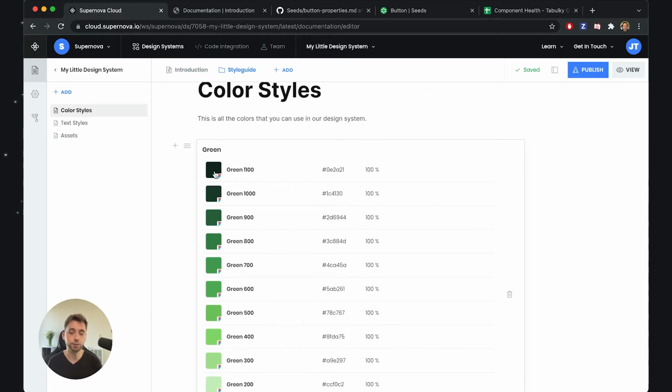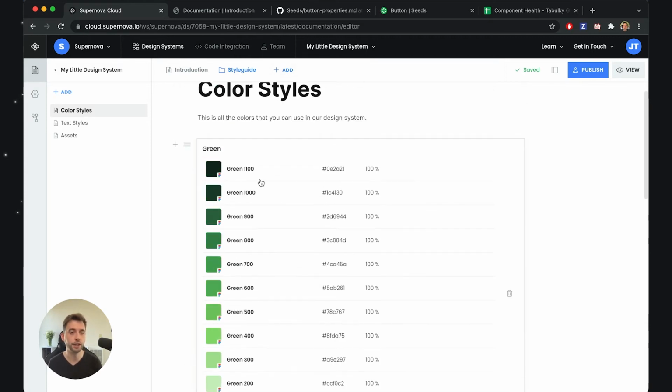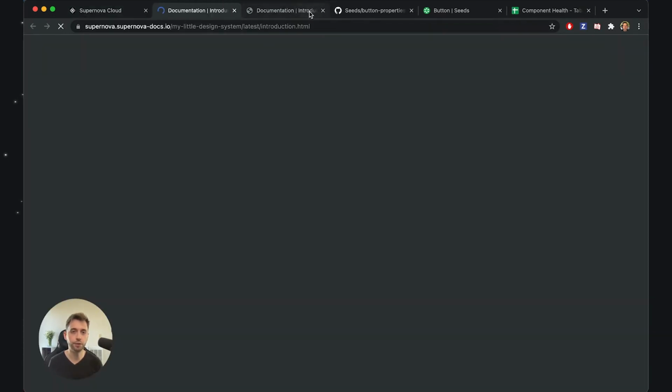So for example, if I would tweak the green color to be something slightly different, I don't have to manually go inside the documentation. I can just let Supernova do its work and this will propagate automatically. If I add more tokens into this group or remove them, then it will propagate as well. Let me republish this documentation site so we can see how the color styles are rendered when they are presented to my users. So now the documentation has been published and I can just go again to view, and this